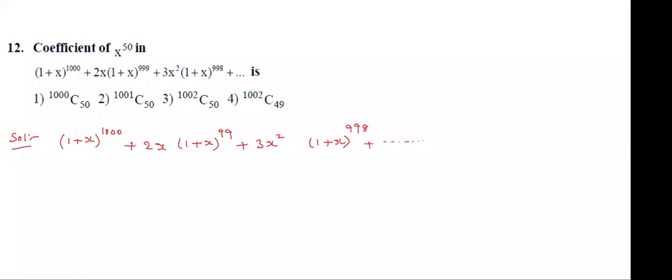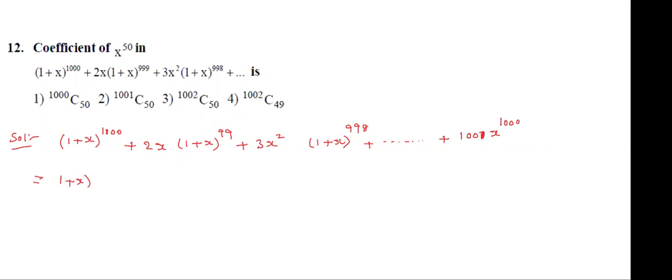Students, what is the last term here? The last term is 1001 into x^1000. This is the last term, counting 1000, 1, 2, 3. This is not 1001, it is 1000 only. Okay, this is 1001 times x power 1000. Correct. Now here take the common